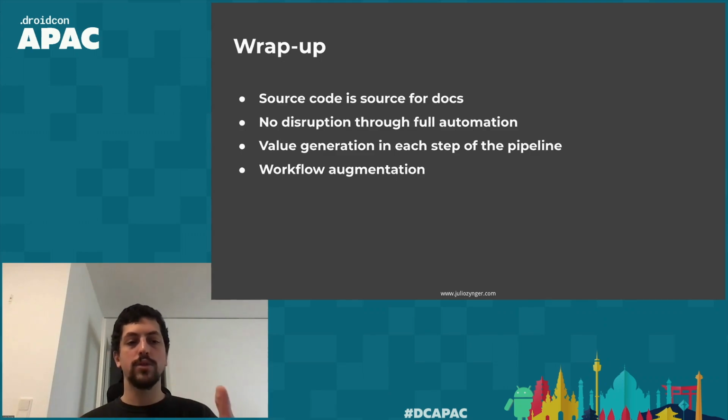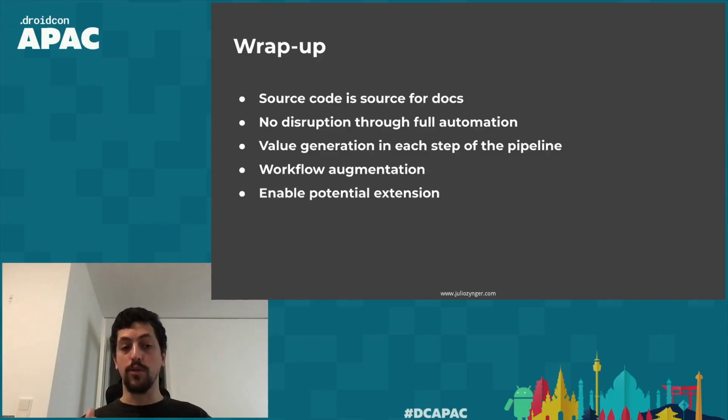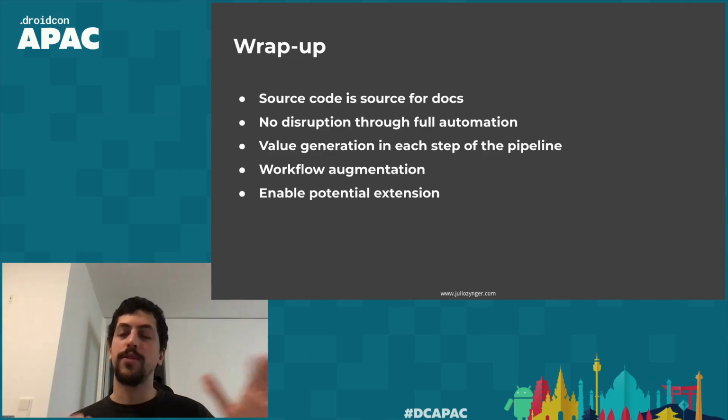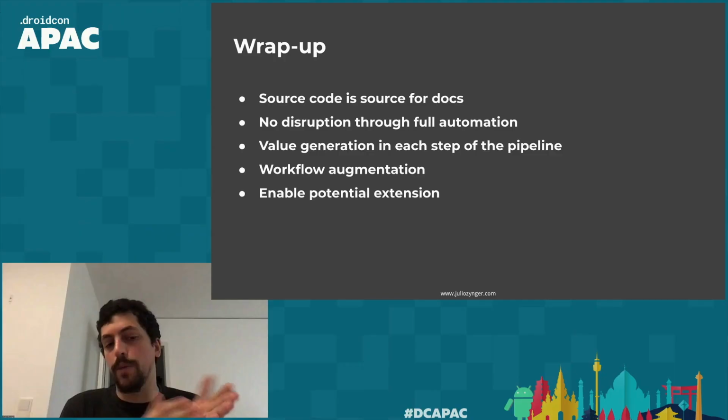Engineers who want to dig into the databases now have a new tool for discoverability, right? Just by navigating around, maybe you know how a database was organized in the past. We augmented that by providing a view into the entire history of how databases evolved within the code base, and giving you access to it with a single click through the IDE. Not only that, we also enable potential extension, right? As I mentioned, the pipeline is built mostly from interfaces and abstractions, and we could, by being open source, of course,